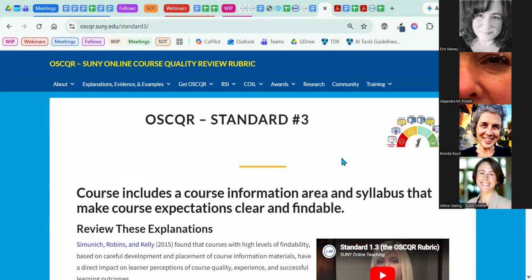And so the first one that I selected for us to take a look at is standard 3, which is about the course including a course information area and a syllabus that makes course expectations clear and findable. And so it's really important to get a course started off on the right foot. And so having all of that upfront information that students are looking for when they're first starting an online course is super important.